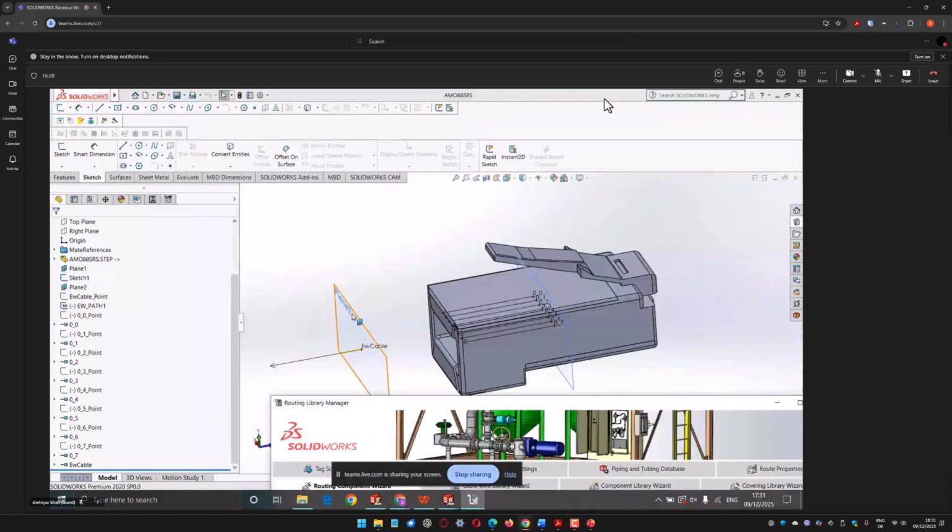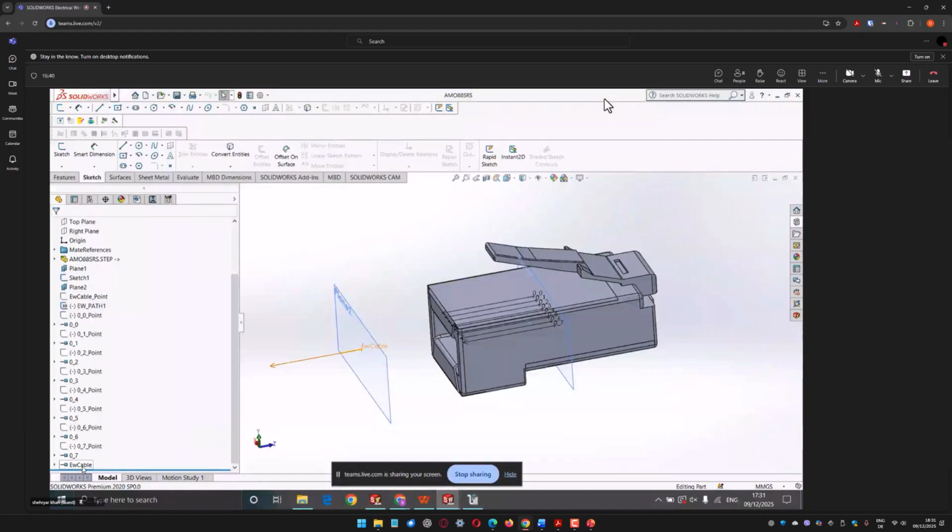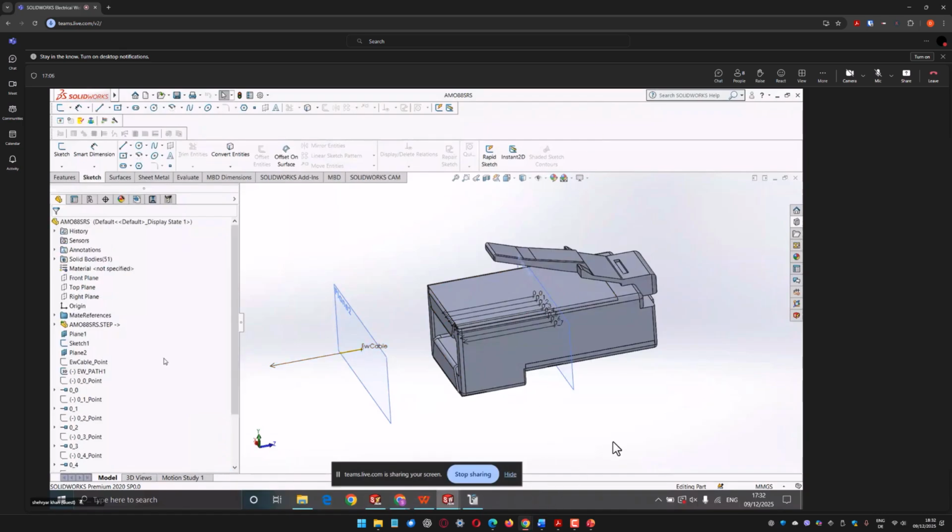What it will do is create another cable point with its own EW cable connection point, which means that the connection point for the cables will be from this plane. And we can see it in the next slides, or what I will demonstrate here, how SOLIDWORKS Electrical will automatically create these wires till the connection point of the cable, which means that I will now save whatever I have created, and also we have to create our EW path,